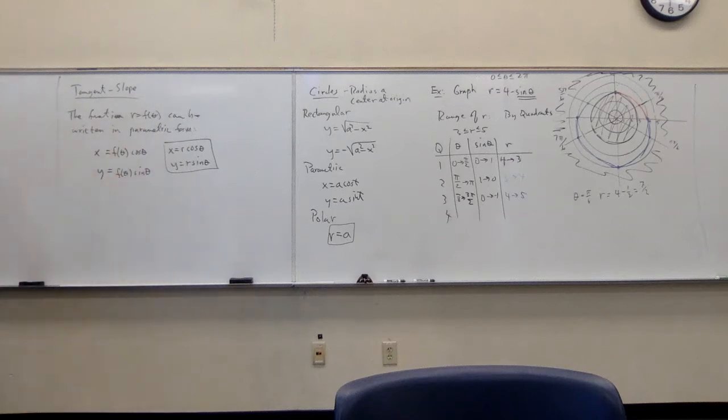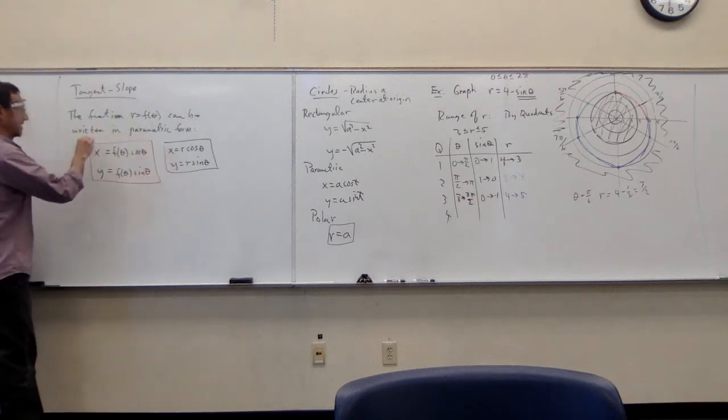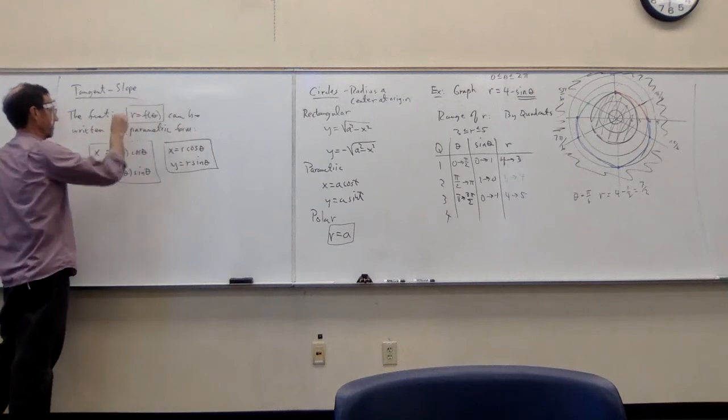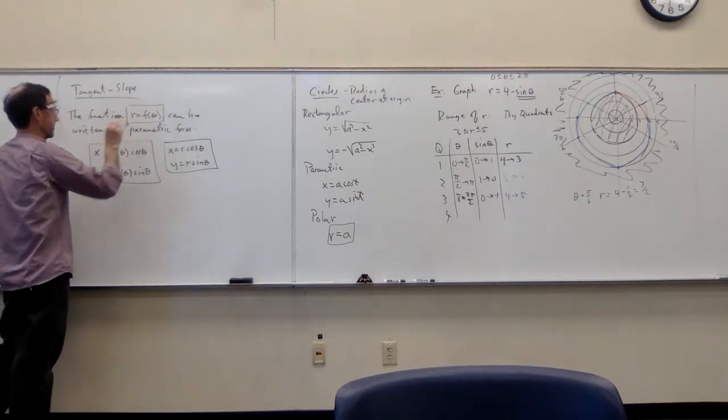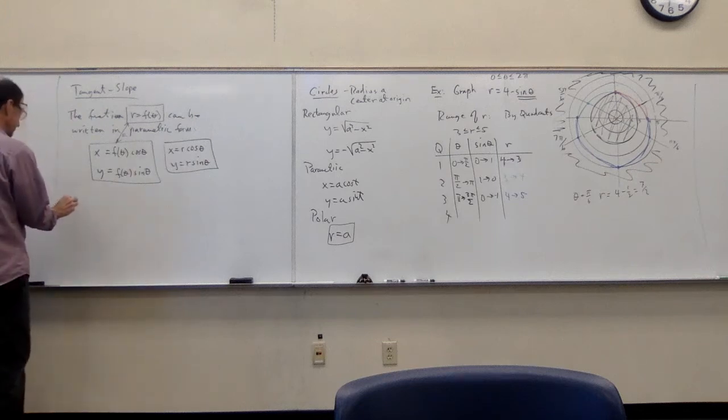The parameter, it's not some generic unknown parameter t. It's the angle, because it comes straight from our knowledge of polar functions. So this curve is the same as this one. And so I can use what we learned on Monday to find information. dy dx